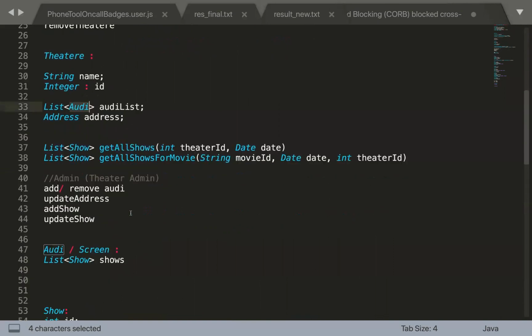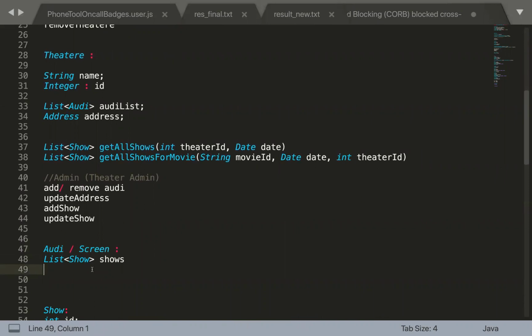Now you have the auditorium or the screen entity, and then you have the shows, right? In each Audi there are multiple shows. Probably there are multiple movies that run in a single Audi. Sometimes a movie is running at some time, and at 12:40 some other movie is running. So each Audi can have multiple shows. Show is nothing but what you book the ticket for, right? You book a ticket for, let's suppose, a 12:40 show of some XYZ movie. So that particular movie is nothing but a show.